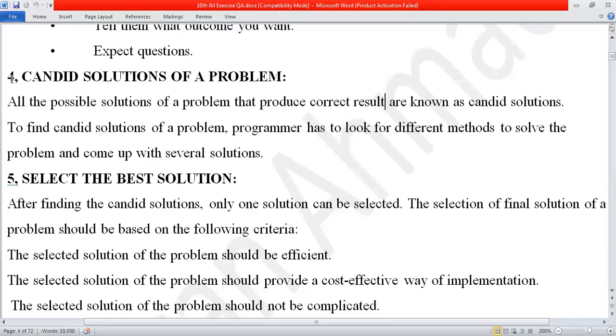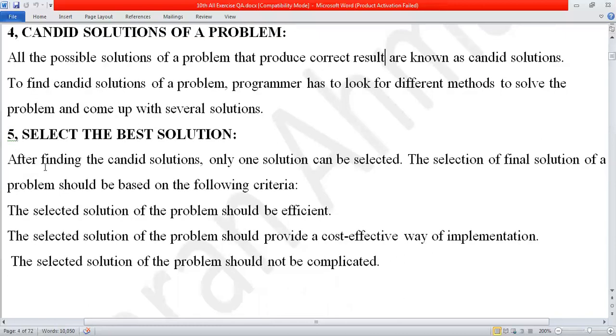Next step, okay, candidate solution is done, the next step is select the best solution. Selecting the best solution means you will watch your time. Watch your time means, let's say they give you a short limit of time. They say we need this computer program within 3 months. So you also have to decide which will be the best solution to solve that program in 3 months. So you will select the best solution.